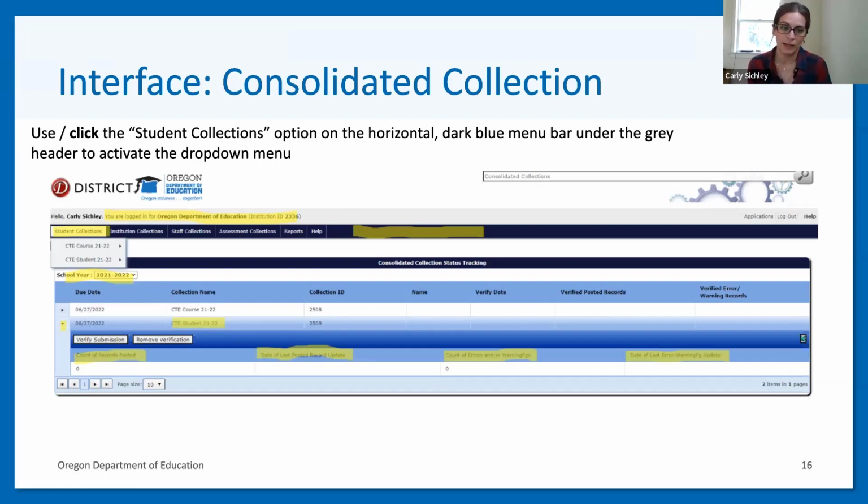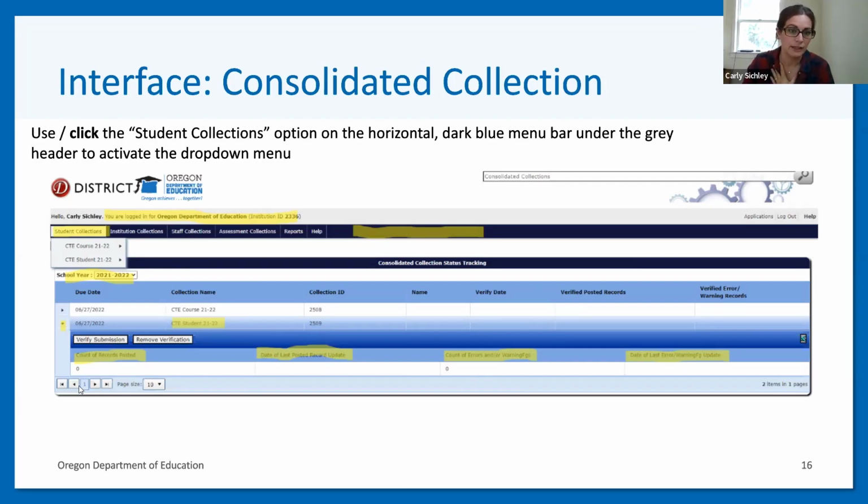So if you uploaded a file with 20 records, and the count of errors is another number, but your records posted only shows 10, those other records that were included in your data upload aren't going to be counted towards the collection number. So it's really important to make sure that you clear all of those errors, so that your records posted is the correct number, and we're getting all of the data you are trying to submit for your students.